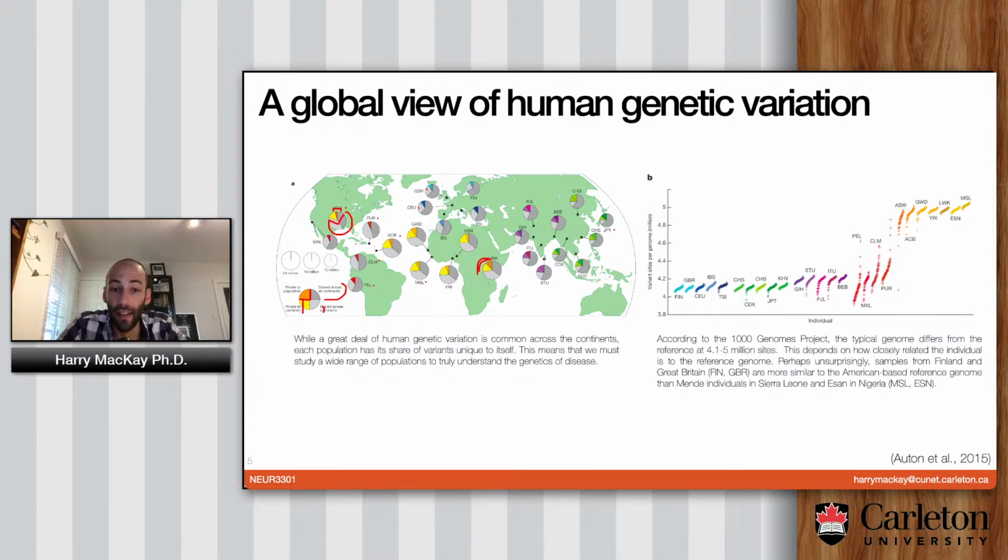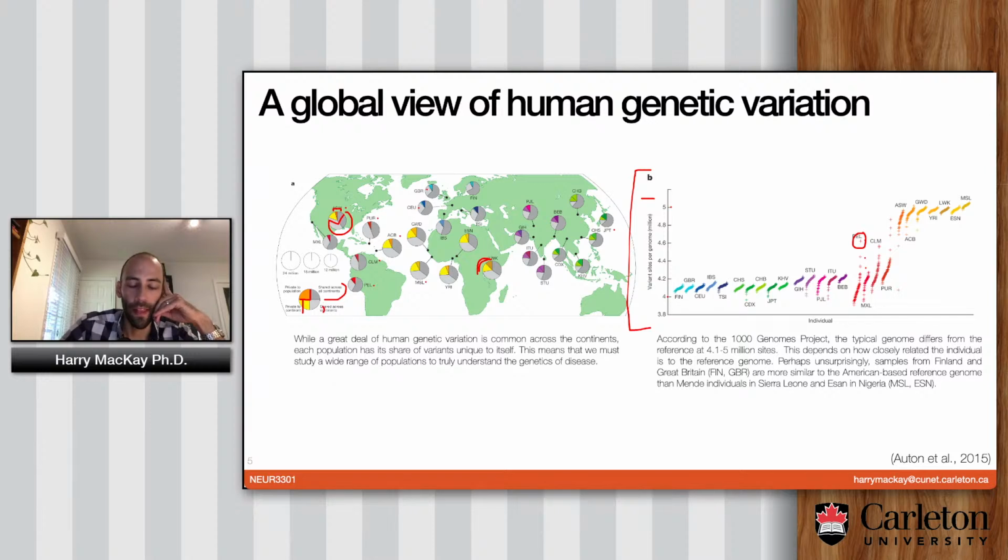Another way to look at it is with this figure here. What we have, again from the 1000 Genomes Project, is the number of variant sites per genome in millions on the y-axis. So 4 million, 5 million per genome. And then on the x-axis, we have all the different populations studied. Each individual point here represents an individual person who was sequenced. So some people are outliers and have a ton of variation. Other people are closer toward the middle.